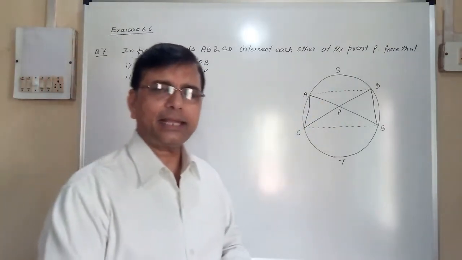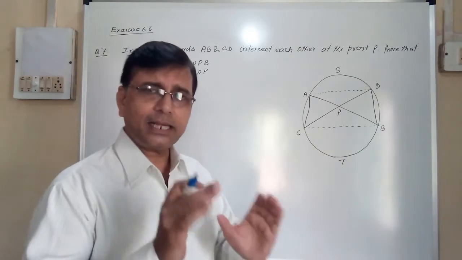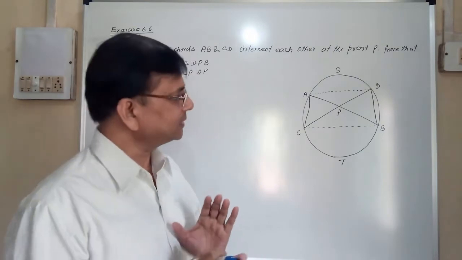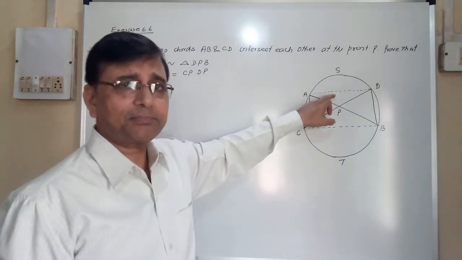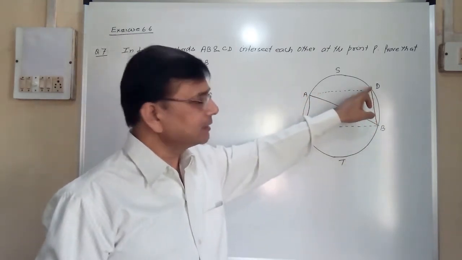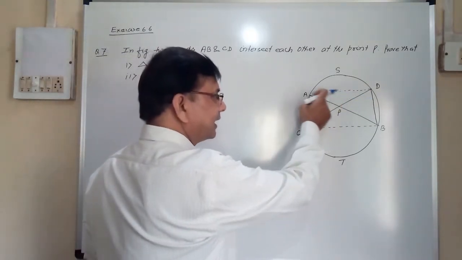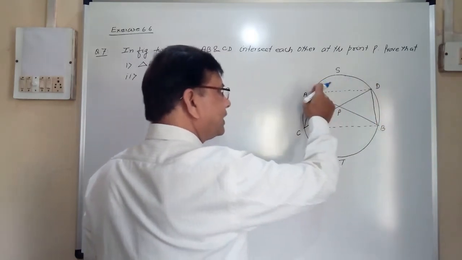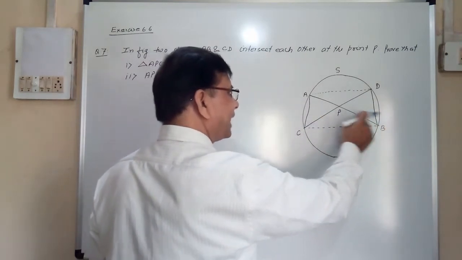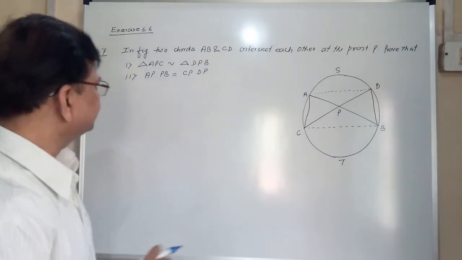So one property is there in circle, whether you have done it or not I don't know, but this is the theorem of the circle chapter: angles subtended by the chord in one arc are equal, right? Means this is the chord and this is the arc. So all the angles subtended, means this angle and this angle, both the angles are subtended by this chord. So both the angles will be equal. So solution.